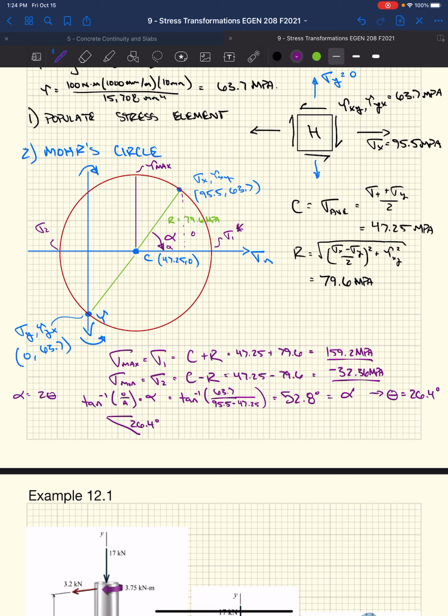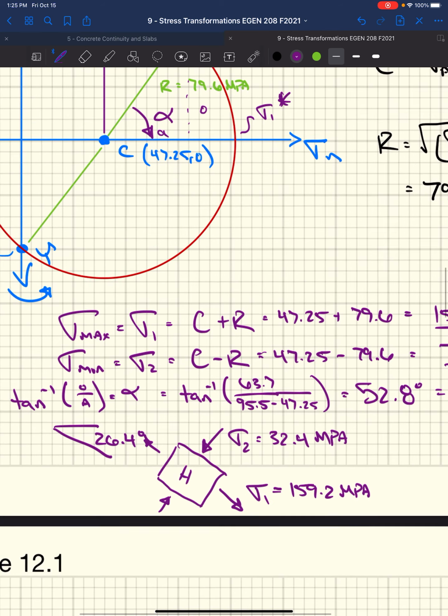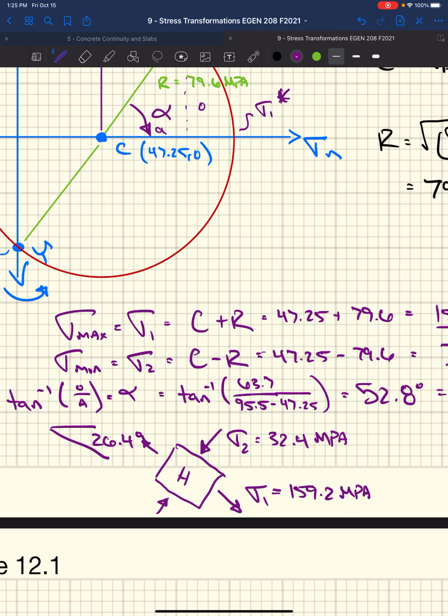So if we rotated our stress block, sigma 2 was 32.4 megapascals. Sigma 1 was 159.2 megapascals. So if we looked at the stresses on these planes, right? So if we took our